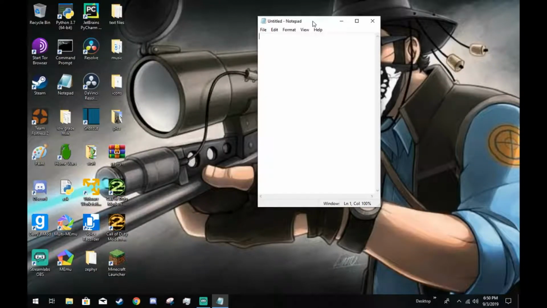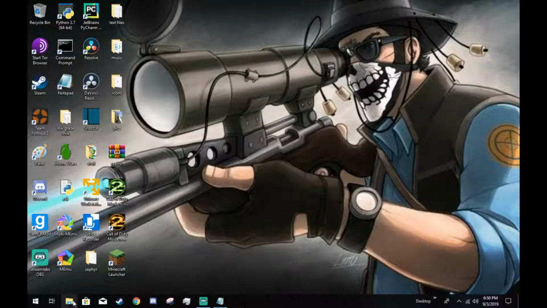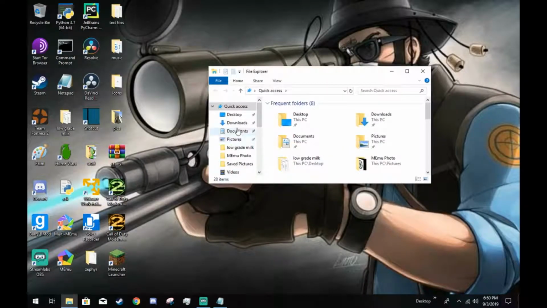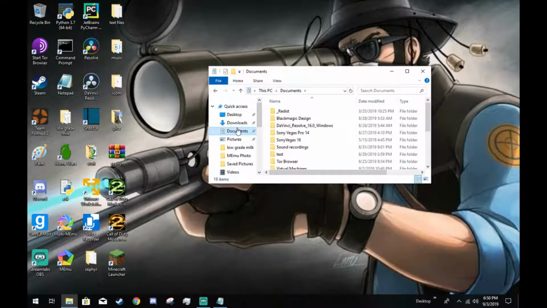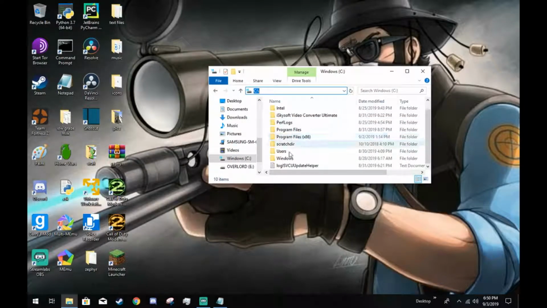But, okay, that aside, just DEL, space, and then the file path. Now, we're actually going to create our own little file here to delete. I don't know if it works on desktop. Actually, no, we're going to test that. I know if it's in documents or, heck, even in the C drive, you can delete. Like, I could use this path and delete everything in here,